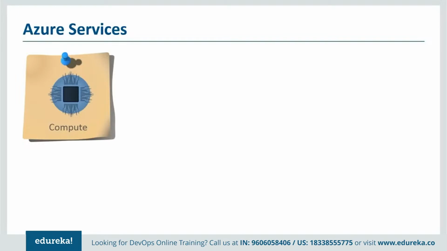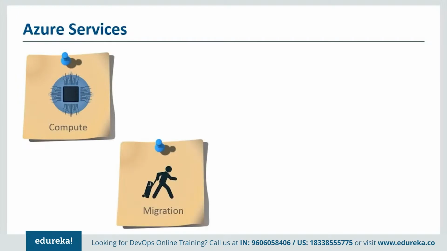Then, of course, you may have a lot of applications running in your on-prem environment that you want to migrate into the cloud. There are a lot of services available in Azure to help you do this migration. If you want to migrate your storage, your data, or the applications running in VMs, or if you want to take applications running in VMs right now and move them to the cloud without using VMs, we have different services available in Azure to migrate all your activities and applications into the cloud.